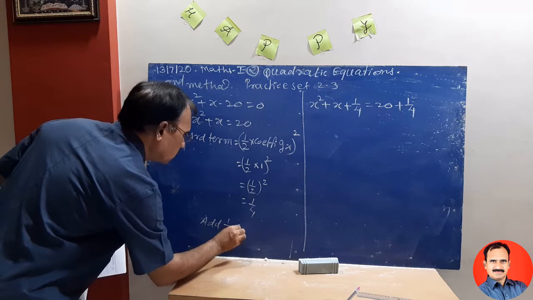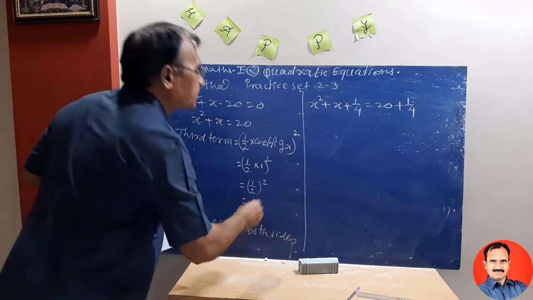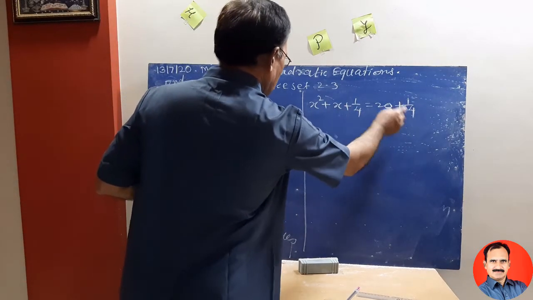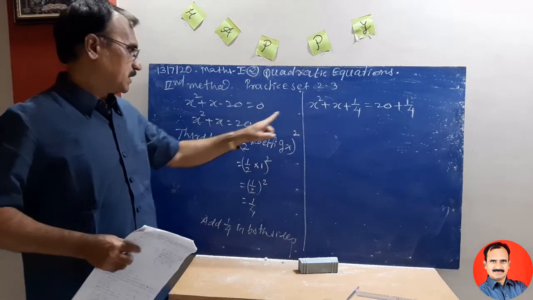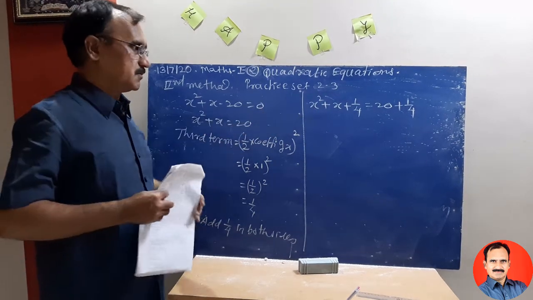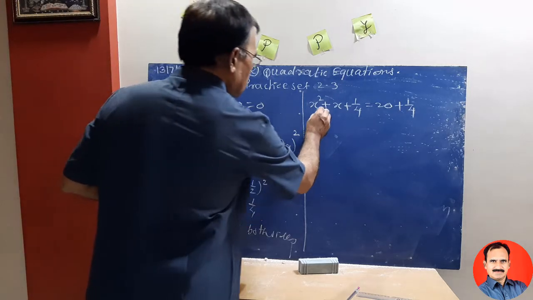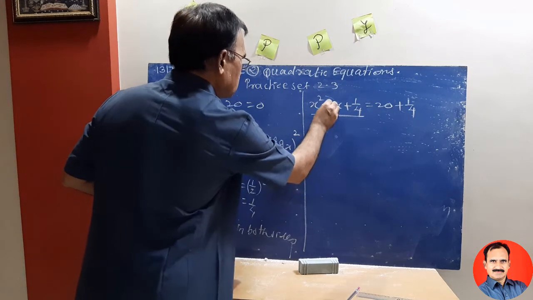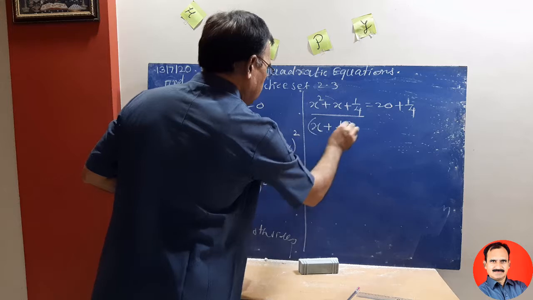Add 1 by 4 on both sides. We get x square plus x plus 1 by 4 is equal to 20 plus 1 by 4. Here x square plus x is the first two terms, 20 stays as it is, and this is the third term. If we add it on both sides, the original value cannot change. This is the perfect square, whose root of first, sign of second, and root of third term, x plus half